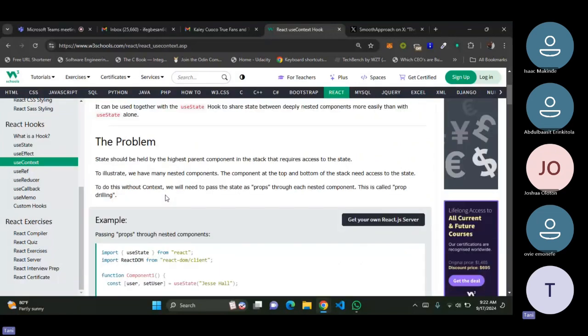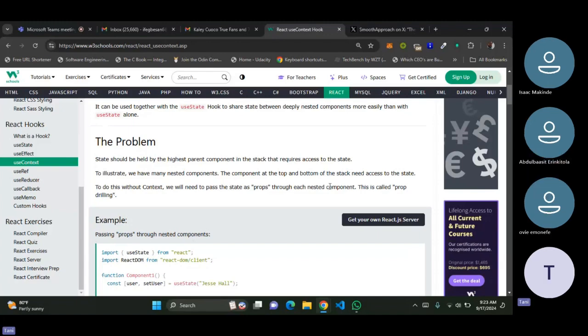The problem: state should be held by the highest component in the stack that requires access to the state. We have many nested components, and the components at the top and bottom of the stack need to access state. To do this without context, you need to pass the state as props to each component,